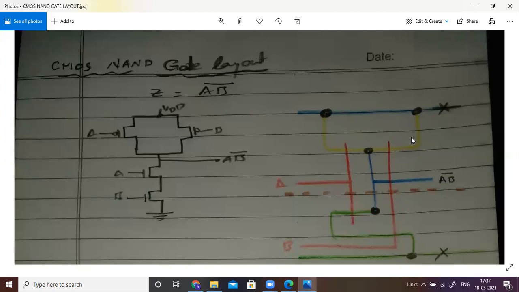But in the layout diagram, the P thin arcs layer is similar to the N thin arcs, but the hatchings will be different. The separation between the hatchings will be larger in the case of P thin arcs. That is the only difference. You take only green color, but the yellow color is used for the P mask. Yellow color is used to identify the P-type transistors. That is the main difference.